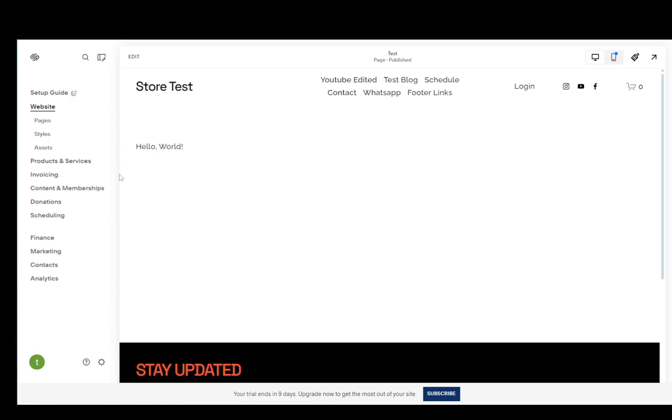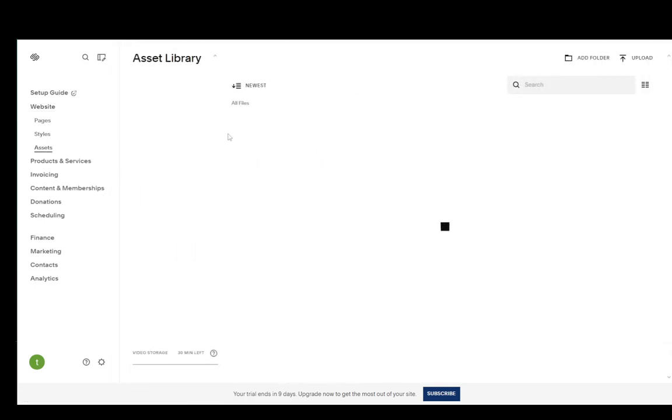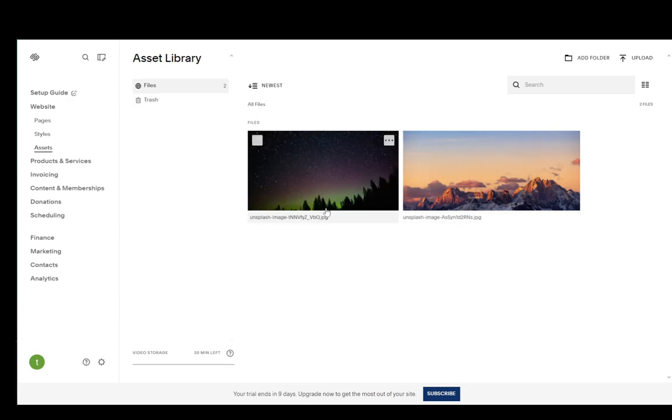Assets are, of course, items or files which you'll be using when constructing your site, such as images, audio files, videos, etc. Now, if I go into assets, this will open up your asset library, and as you'll see, my asset library has a couple of images that I've gotten from the actual asset library of Squarespace itself,